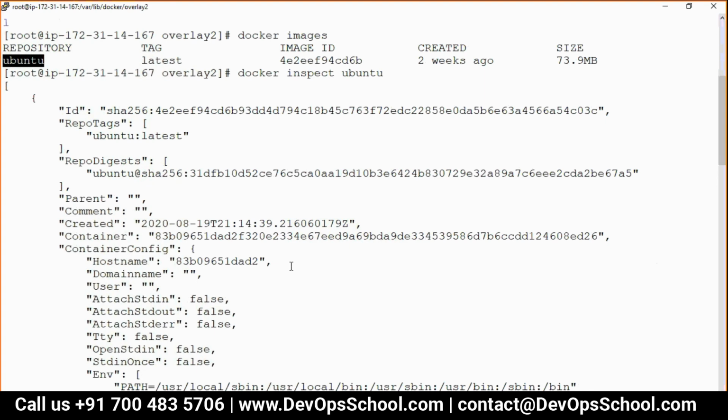Yes, I said you can inspect the container, you can inspect the image. So you can inspect the volume also. Okay? In the inspect, where it has been mentioned, Rajesh, is the description of each layer.